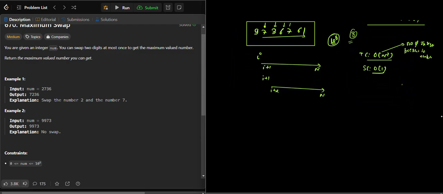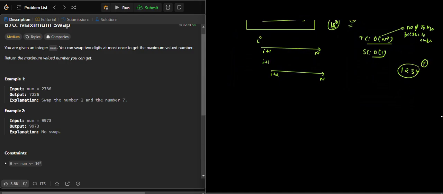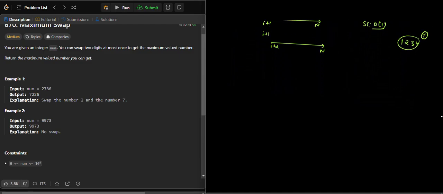Suppose num is 1 2 3 4, there are 4 integers, that means n is the length of the string. We will convert this number into a string for checking purposes. Without changing to a string, we cannot do it.